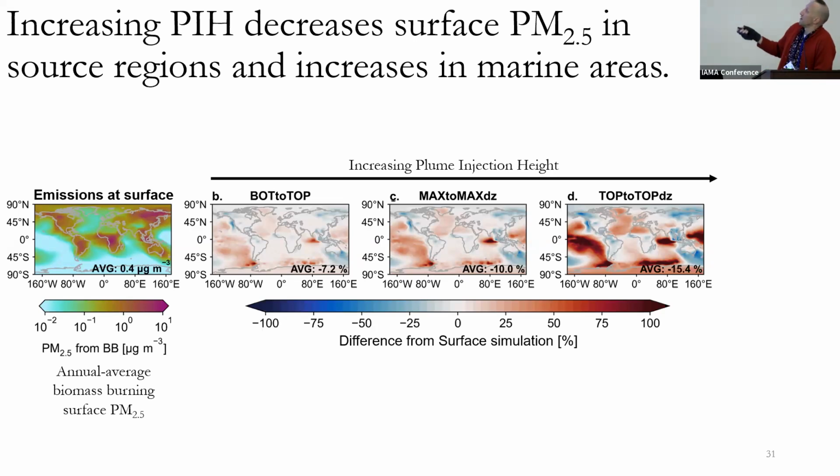Not a big surprise. But we're then getting these big relative changes in smoke in remote, particularly marine regions and marine subsidence regions, where we're getting up to a doubling of the smoke. These are places that don't have a ton of smoke to begin with, so it's not a huge effect in an absolute sense, but in terms of the relative change, it makes a big difference. So you're lifting it up at the source region, lowering PM 2.5 there, and then increasing PM 2.5 in remote regions.